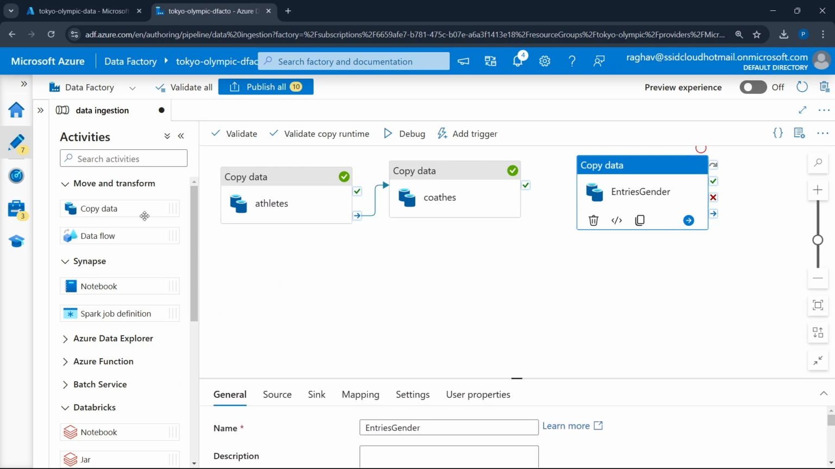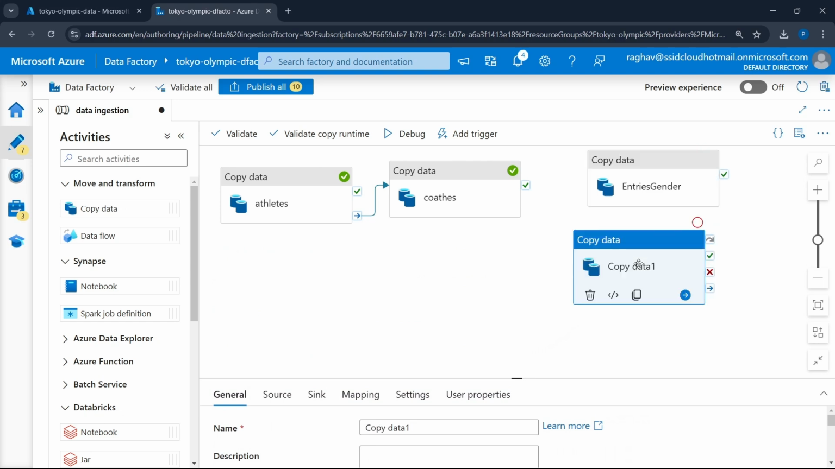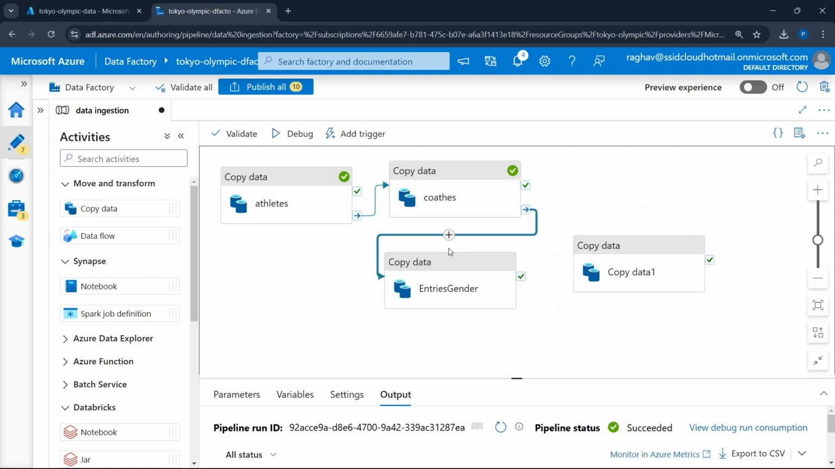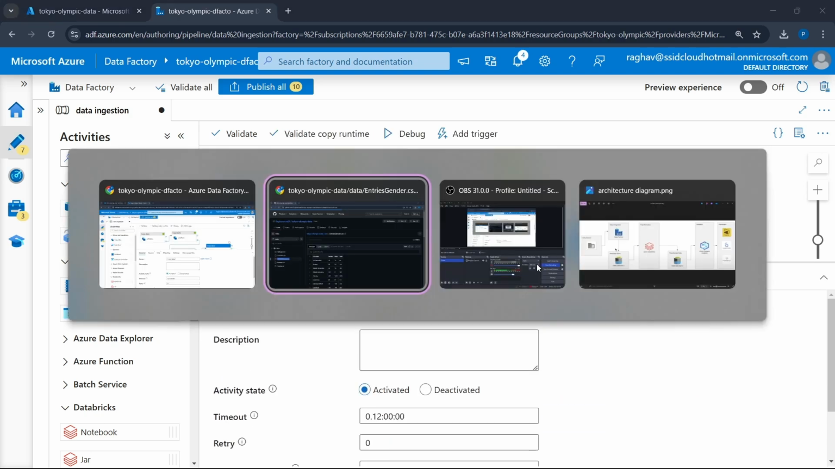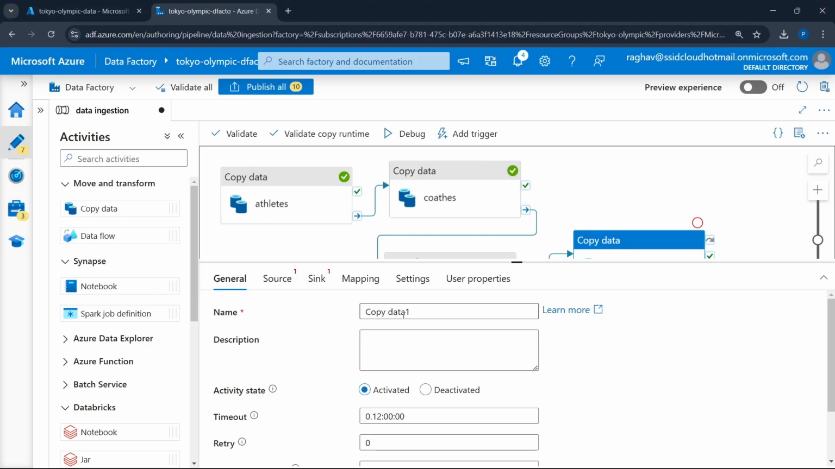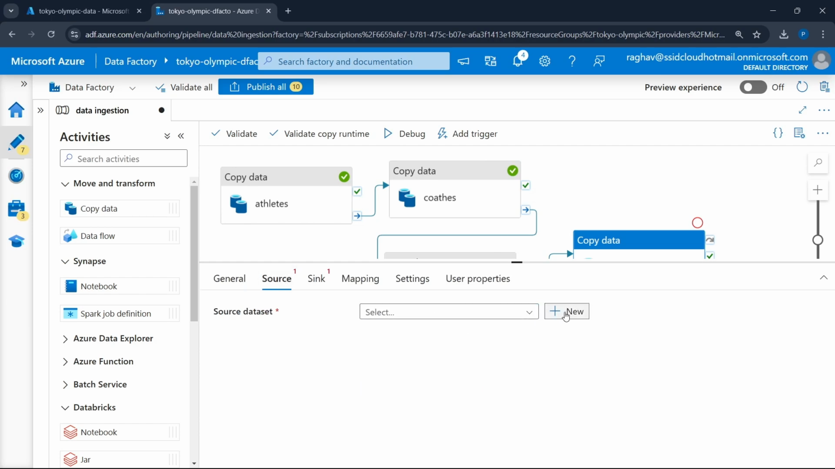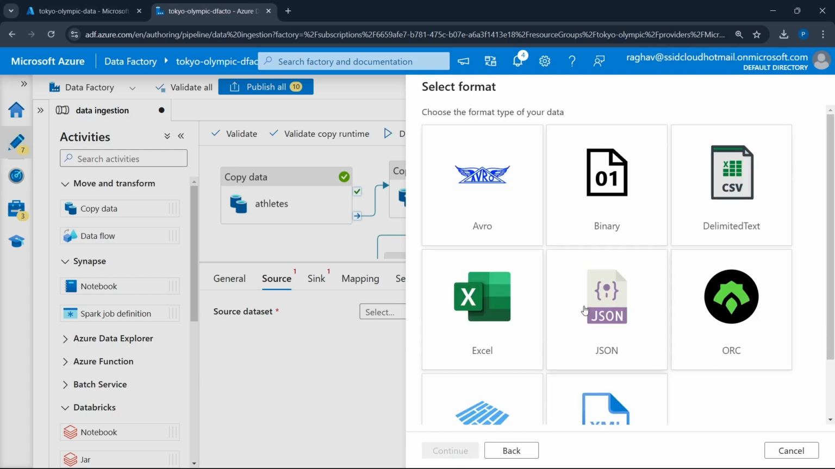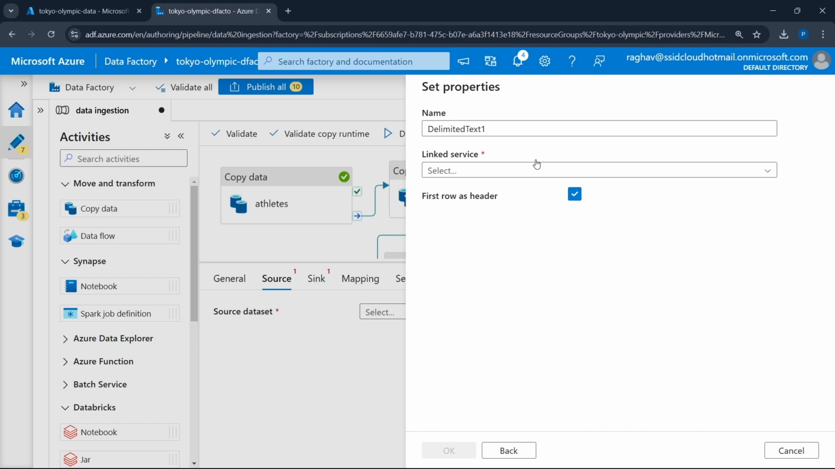And let's drop another activity. We can move it here and on this. Let's do this and let's select this and let's rename it. What was the next? medals.csv. So just give it medals source new HTTP CSV, medals one